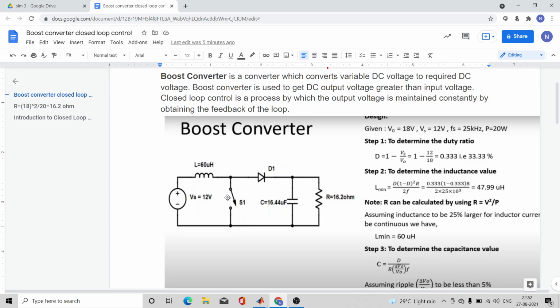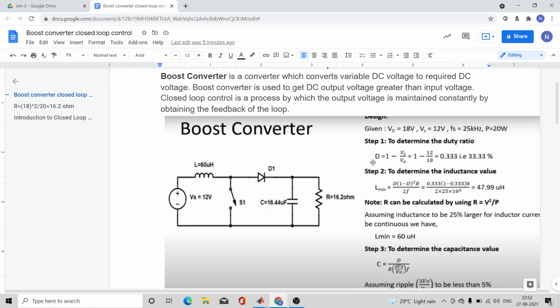The switch can be a thyristor, this switch can be a MOSFET. Just to make the circuit easy, you can use the switch as MOSFET, because if you use the thyristor you have to use a separate circuit for turning it off. So in order to turn on your MOSFET, you have to give the gate signal. You have to give some pulses. So the duty cycle of the pulses can be designed like this.